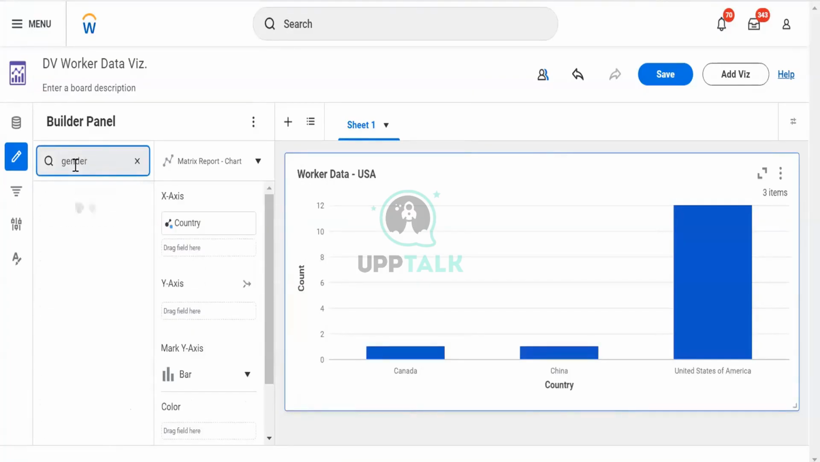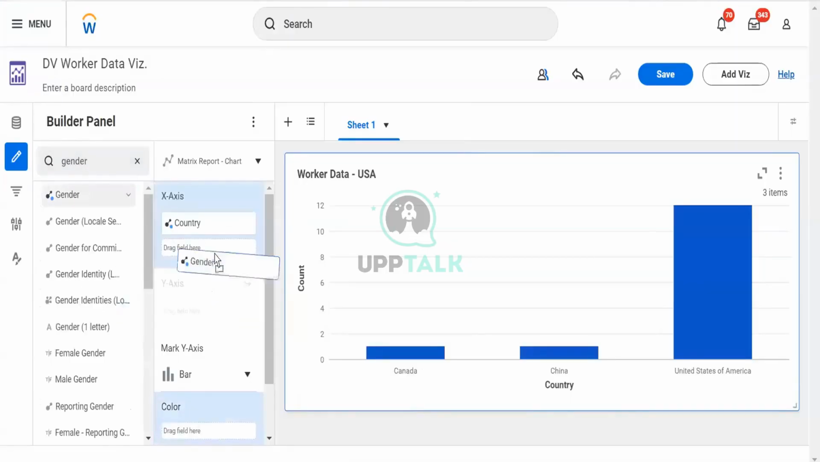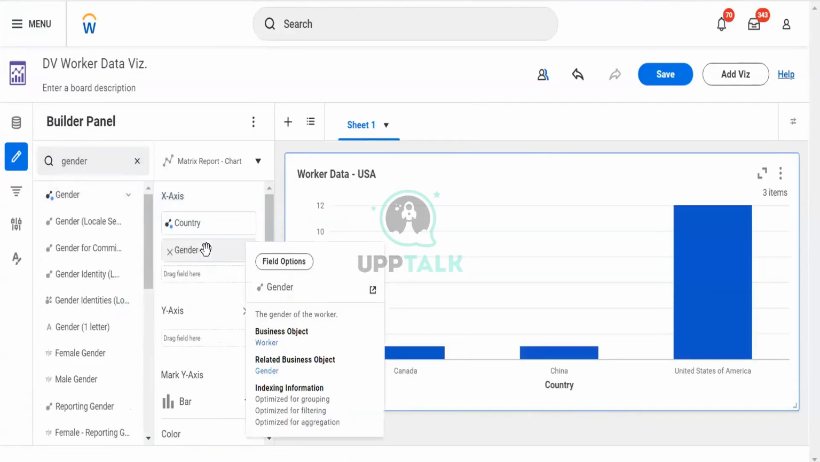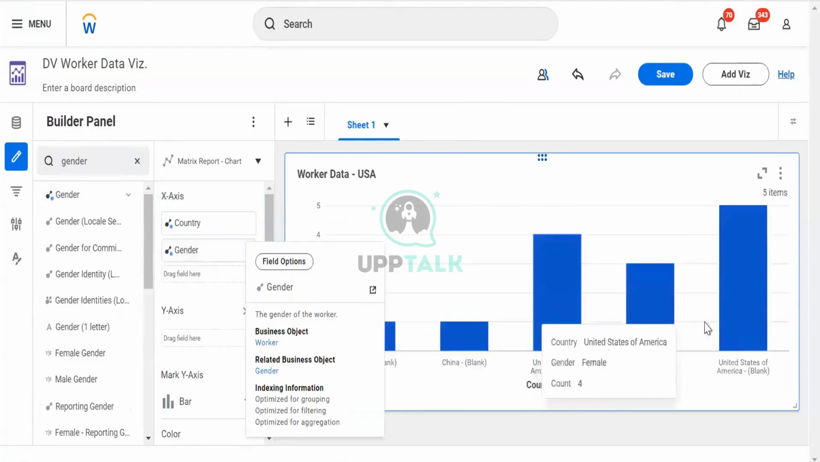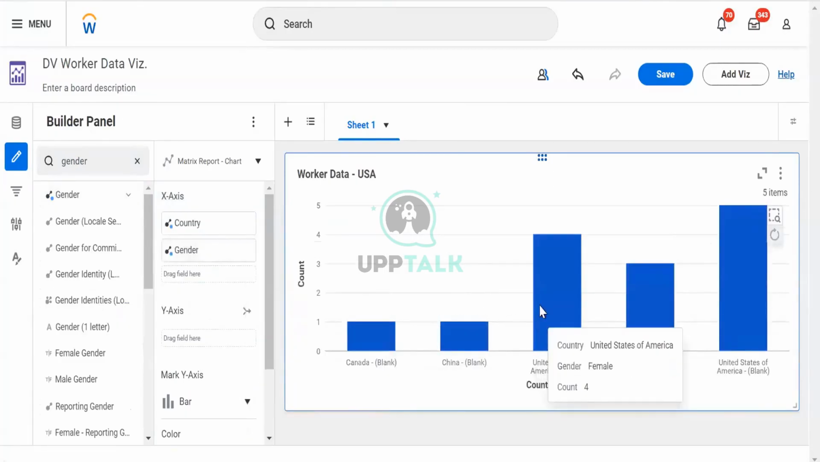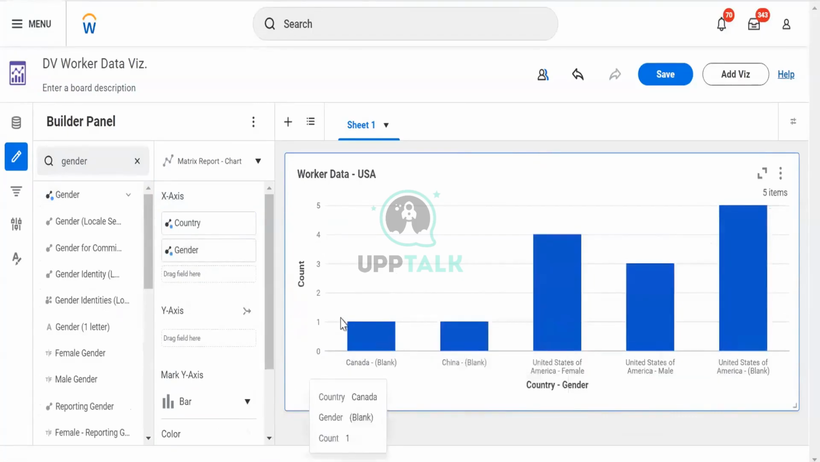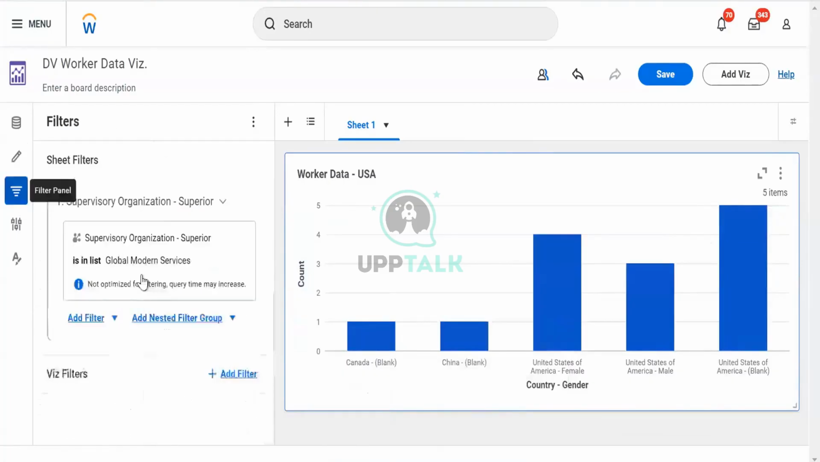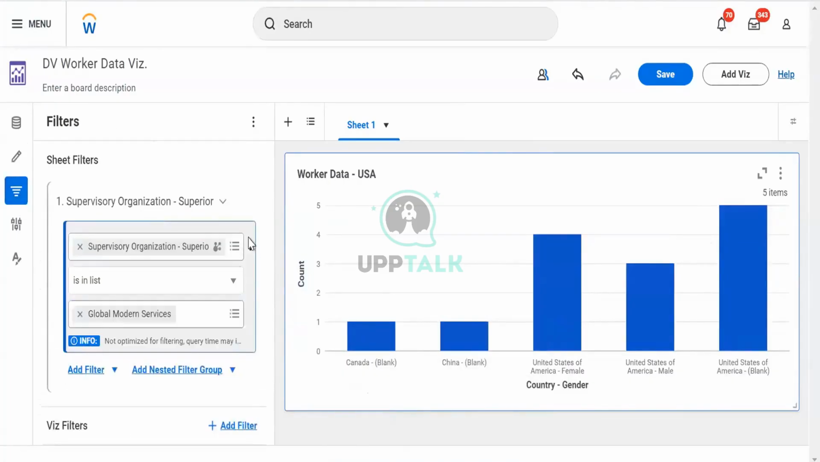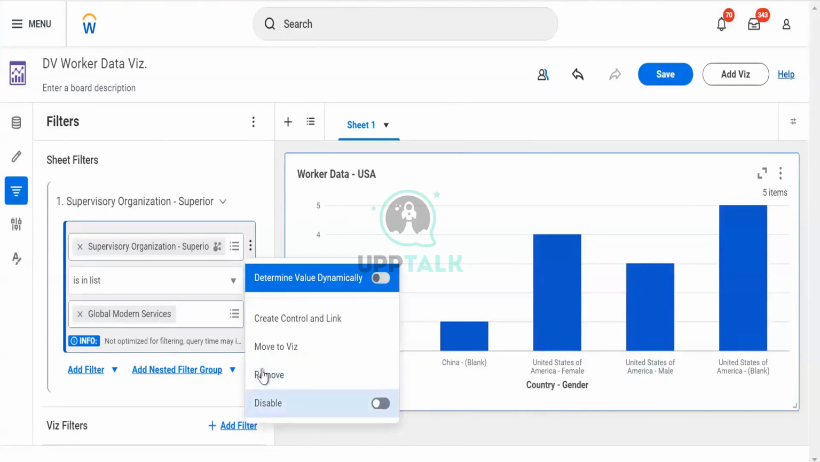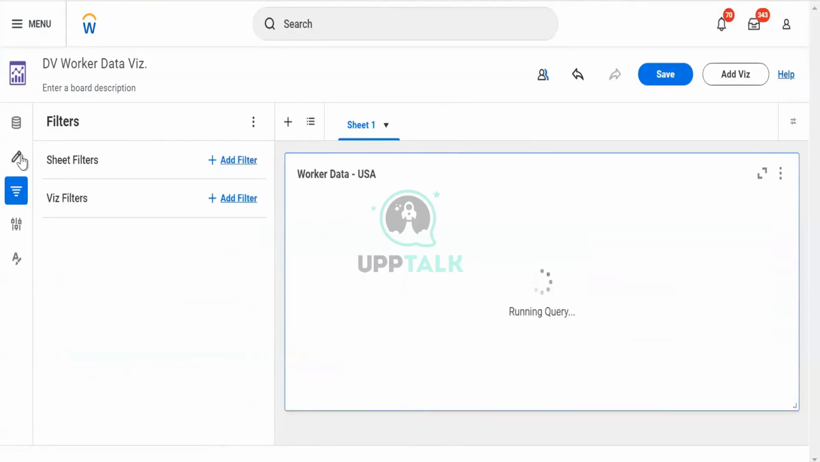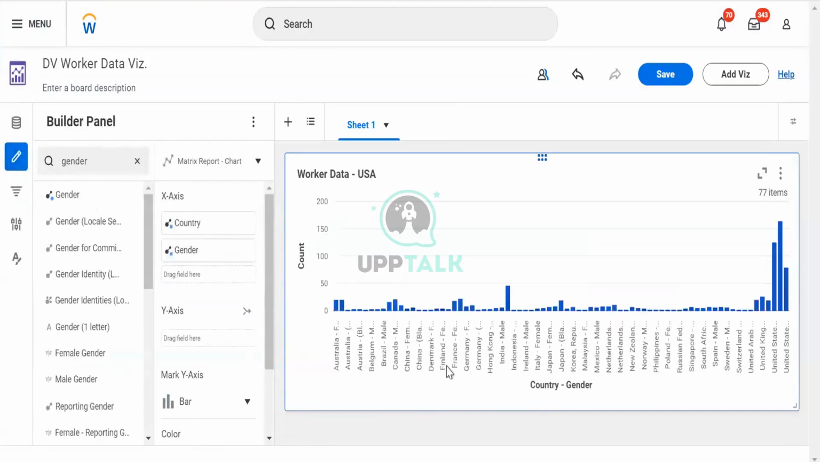Let me give gender and see how the genders are being bifurcated over here. This is what bifurcation is, for female, China and Canada, what is the count of it? I can get it from here. I can remove this field, for global modern services I can remove it. I can see how many males Canada has, and which country. If I want to pull it over here,